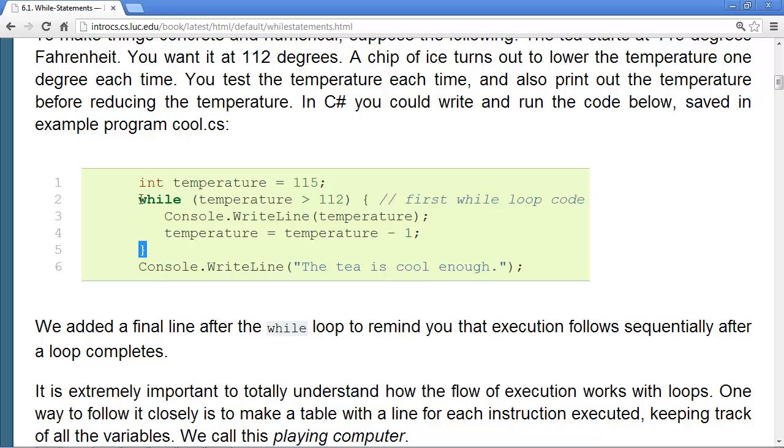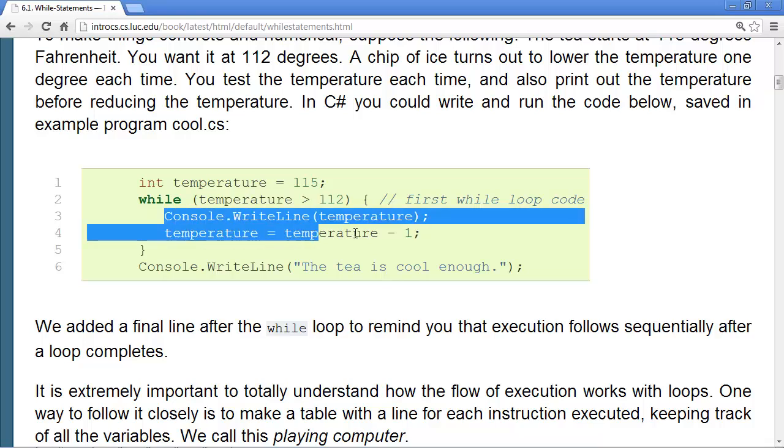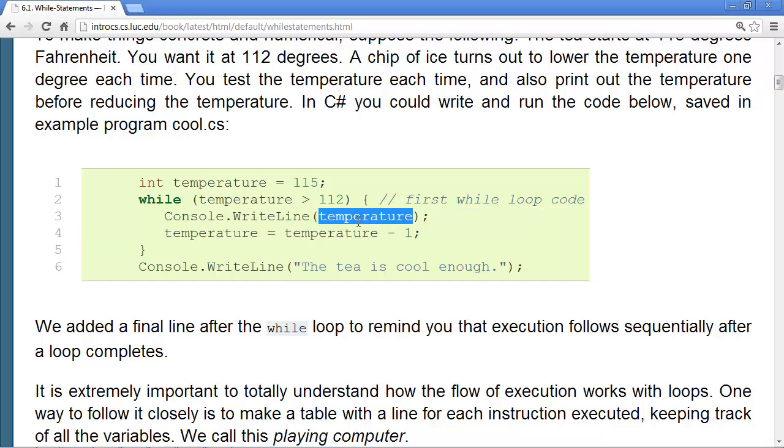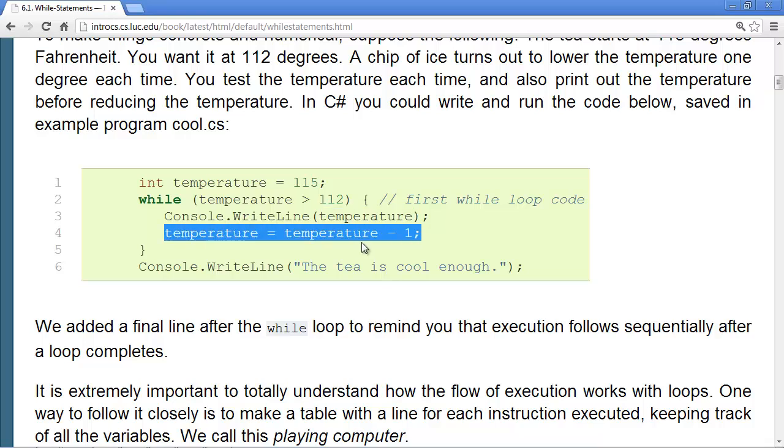We go back, because it's a while statement, and we check the condition again. This time the temperature is 114, but it's still greater than 112, so that being true means we do the body again. We then write the temperature, this time 114, and go on and decrease the temperature to 113.